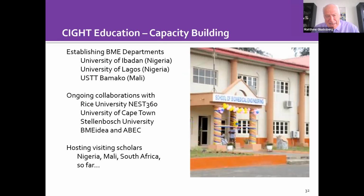Another area we look at is capacity building. We're over in Africa a lot, and we try to bring them here. We have colleagues there. This is how we stay in touch with what's really going on. And we've been promoting biomedical engineering as a discipline on the continent. We've consulted and done all sorts of things with all sorts of universities, but there are three main ones: the University of Ibadan in Nigeria, University of Lagos also in Nigeria, and Technical University in Bamako, Mali,